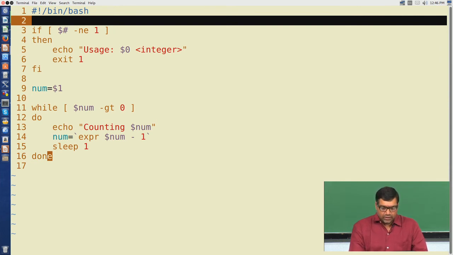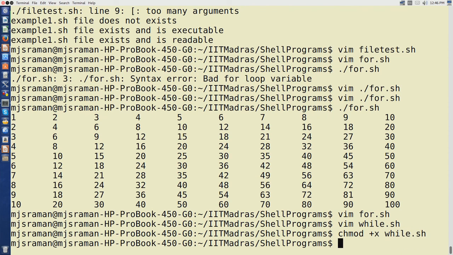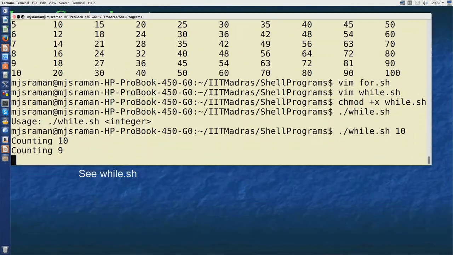Let us see how to run this program. We will change the execution mode, and after this we will just run this program. As I told you, it tells you how to use this. I have to give an integer number. So, let me give an integer of 10. This starts counting,